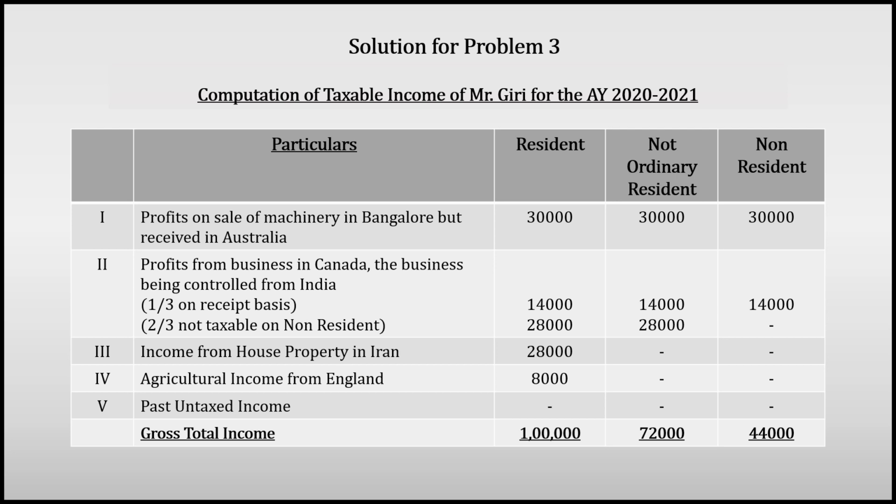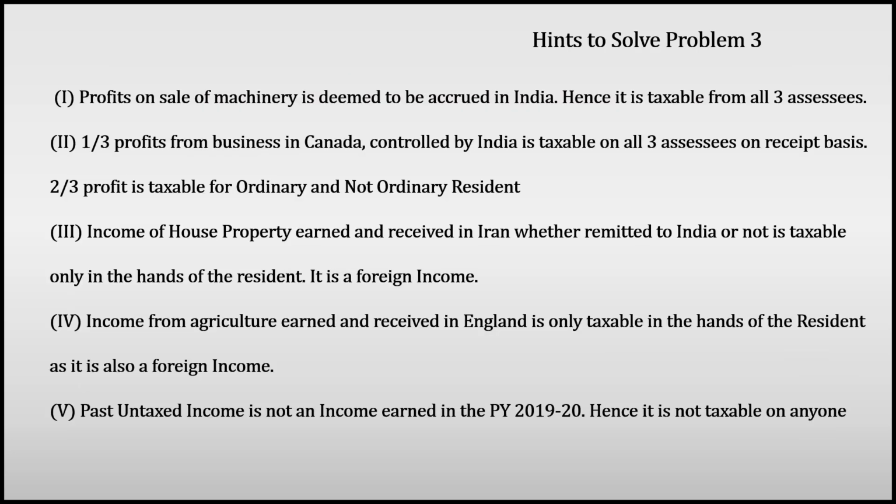Then at the end, the gross total income will be the total of all three columns. That will be your solution. The hints given to you: first one, profit on sale of machinery is deemed to be accrued in India, hence it is taxable for all three. Second point, 1/3 profit from business in Canada is controlled by India, so it is taxable for all three on a receipt basis, and the remaining 2/3 will be taxable for a resident and not ordinary resident